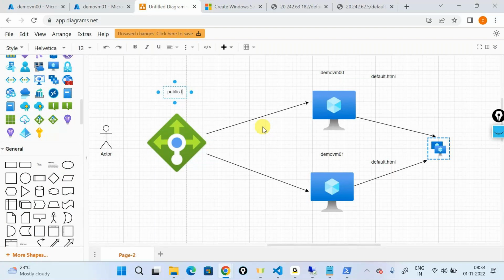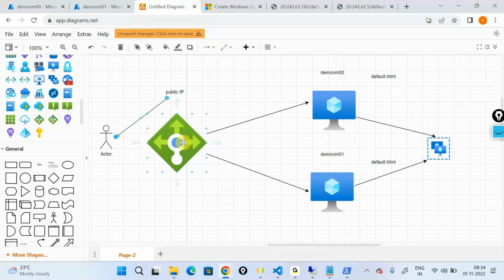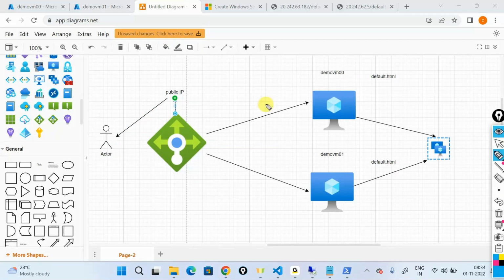Now, for you as a user, I'm going to give this IP address, or the domain name that is attached to this particular address. Anything's okay. And you as a user will simply talk to this particular IP,